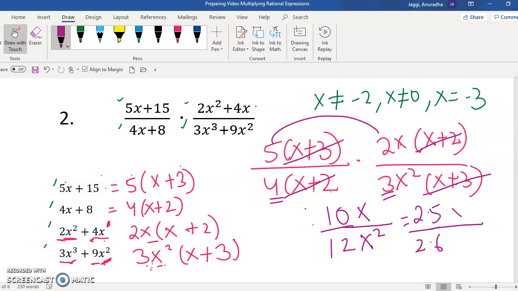And then you have x divided by x square. I can cancel these two out, and I get my 5 by 6, using the exponent rule. X to the power 1 minus 2 becomes x to the power -1, and I have a 6 left in the denominator also. So my answer becomes